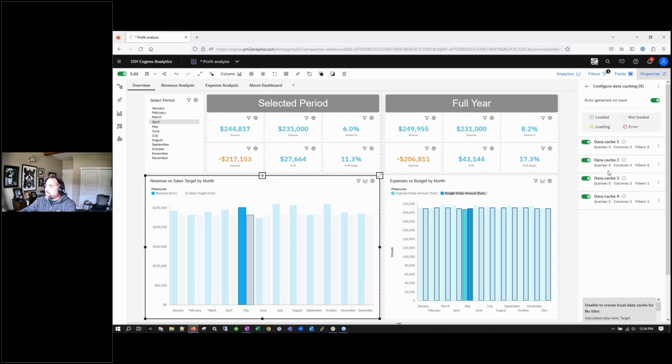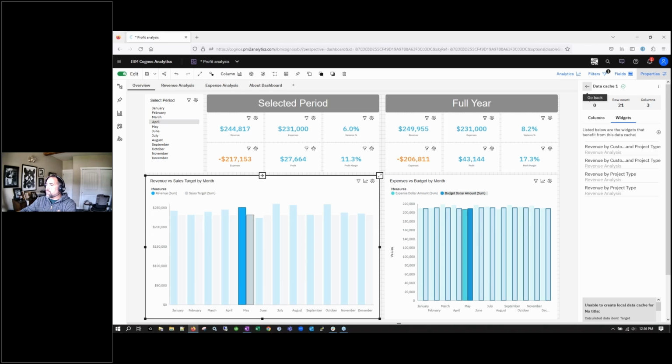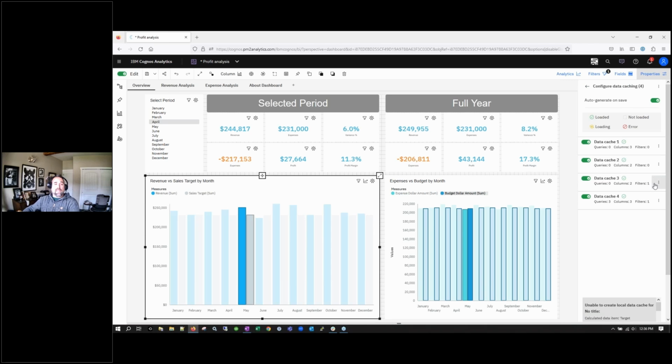So we can go back and we can do the same thing for others. So let's take a look at this data cache 1. Similarly, we can see 3 columns, contact name, total USD billings and project type, only 21 rows, and 4 different widgets kind of benefit from it. So that's great too. Just a quick scan. Let's look at data cache 2, 26 rows, all fine and good. 26 rows for data cache 3. So again, these are all,